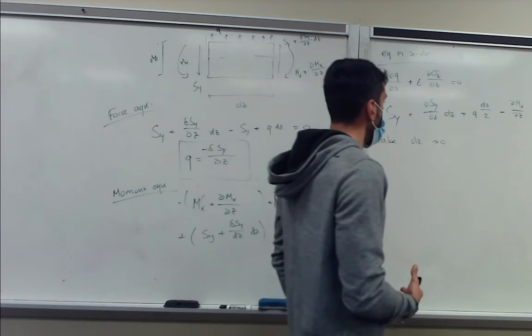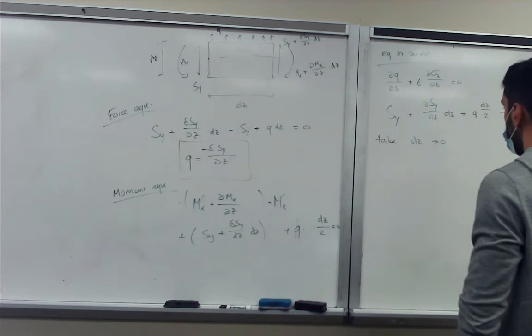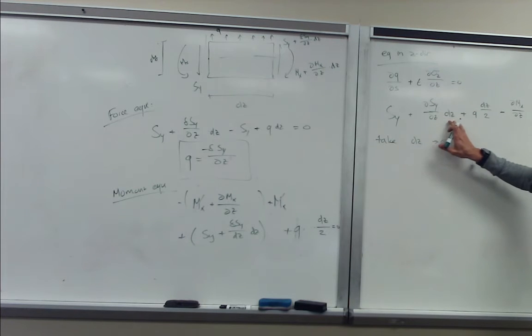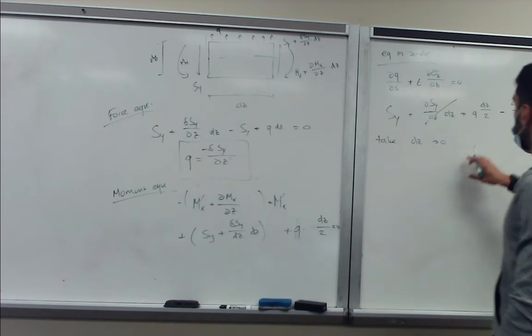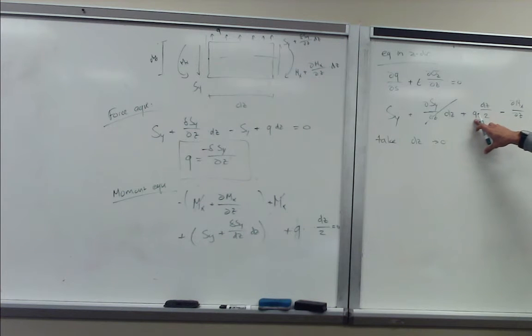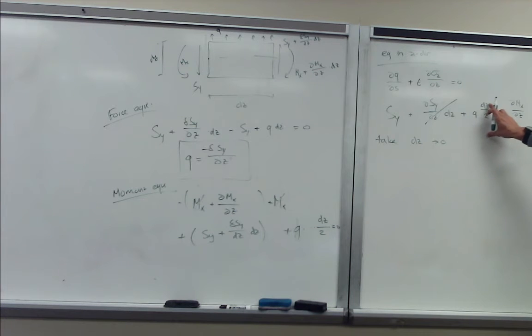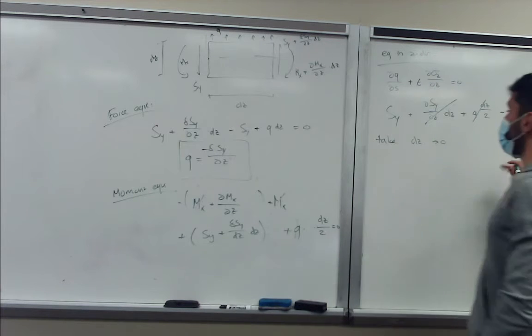So you can ignore, in this case, the variation of the shear force with respect to z multiplied by dz, which goes to 0. We can ignore the variation of the shear flow multiplied by dz over 2 as well. And these two are just variations. So this one we cannot ignore because it's not multiplied by the element length dz, but is just a variation in z. Okay. So what we get is that Sy